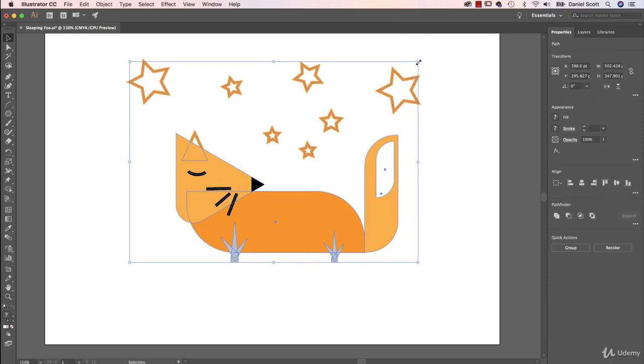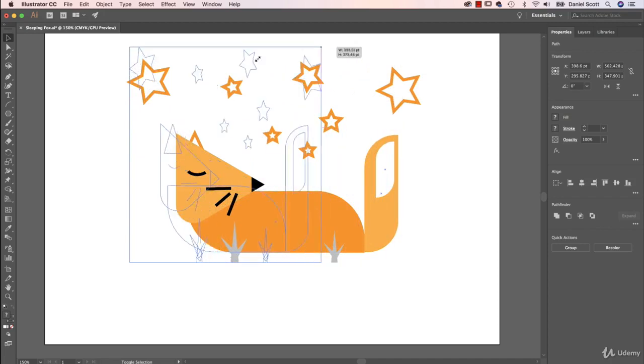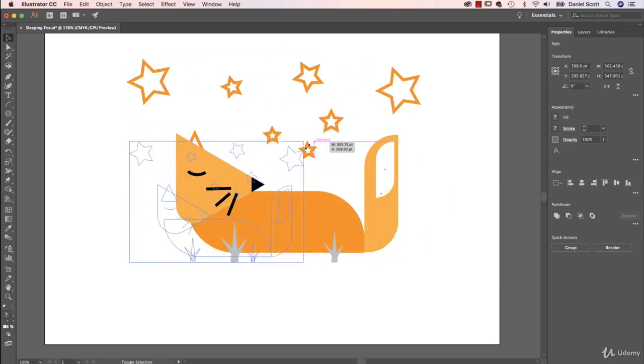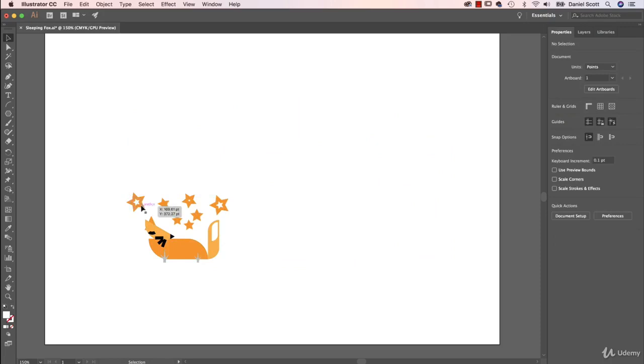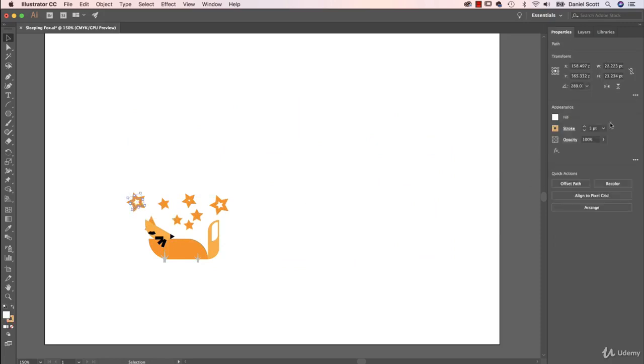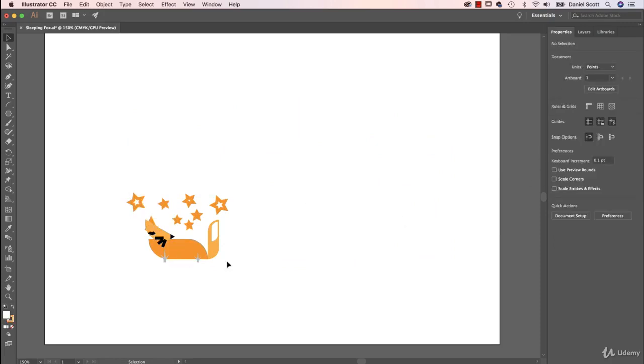I'm going to scale it down, and like we did when we're drawing lots of shapes, if we hold down shift while we're scaling it, it locks the height and width, otherwise it gets all kind of stretchy. Okay, so shift down, and look what happens when I get down quite small. It's remembered that this is 5 points. And it just does some weird stuff when it gets down to here, right? Because it's trying to remember the actual radiuses that we used around here, and it's doing some